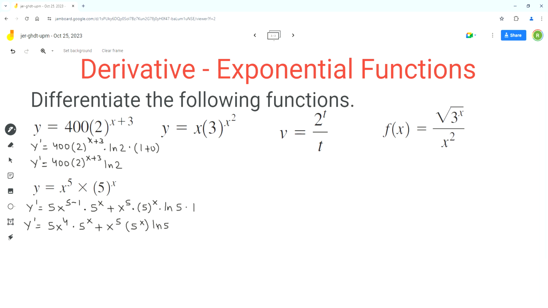We're using the parentheses to separate the terms from each other. Now we can do common factoring from this expression to simplify it. So we can factor out 5 to the power x. So we are left with